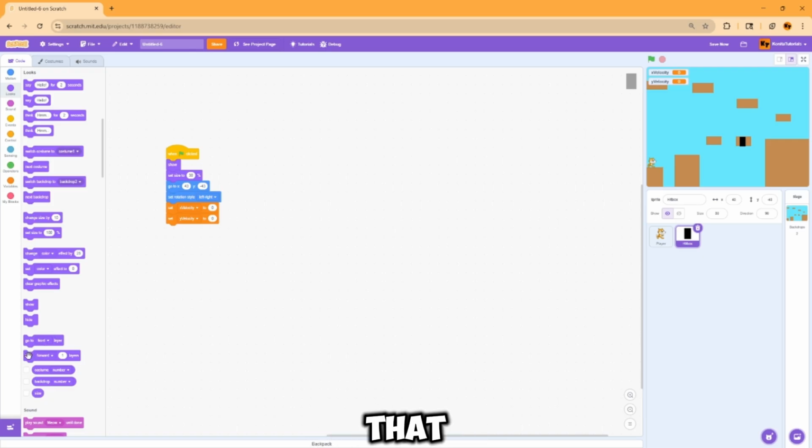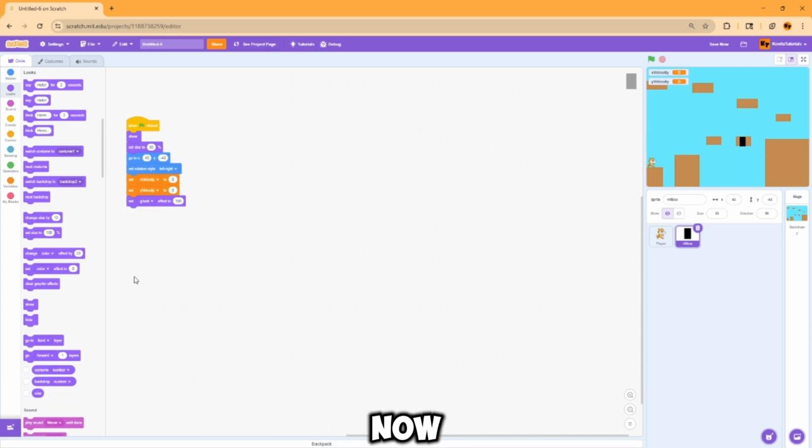So to do that, we're going to just say set ghost effect to 100. And we're gonna set ghost to 100, and boom. Now we have the initial amount. So if we click play, we'll see that it disappeared. It's just because the ghost is set to 100. If I go ahead and click 0,